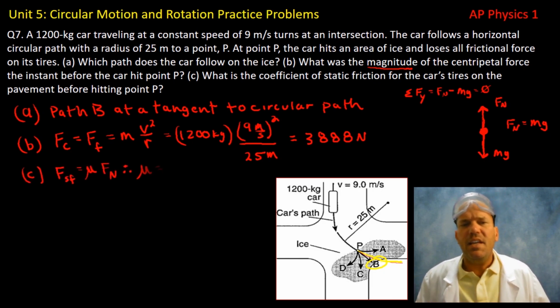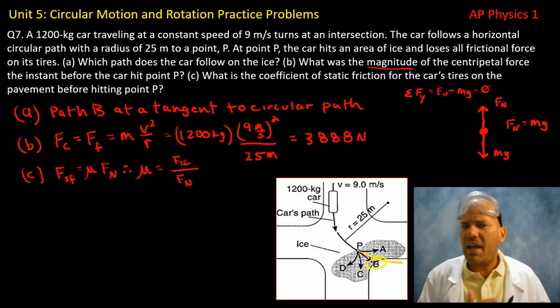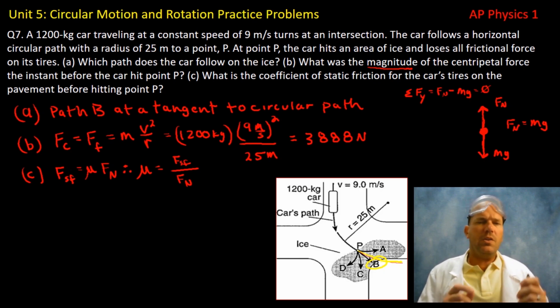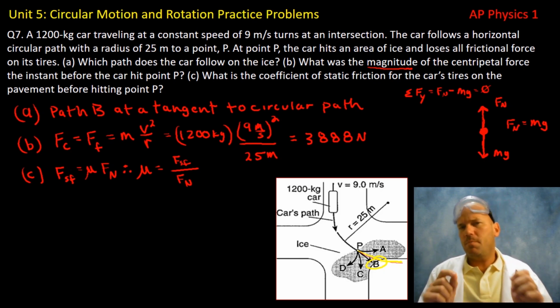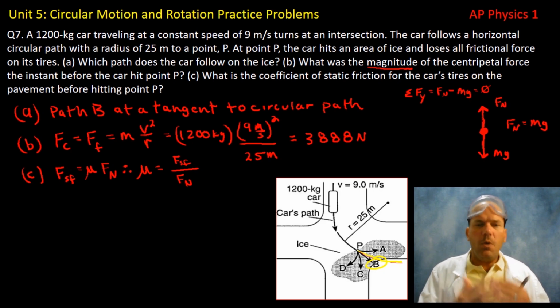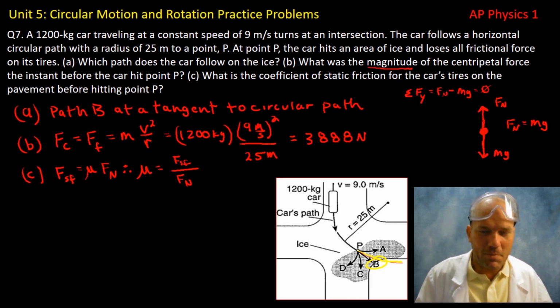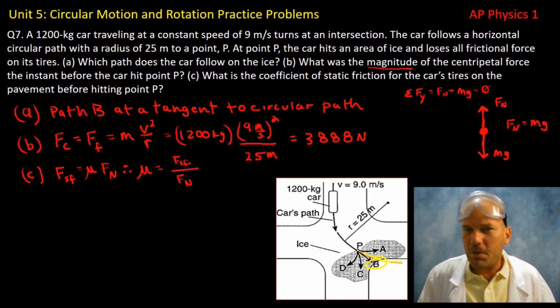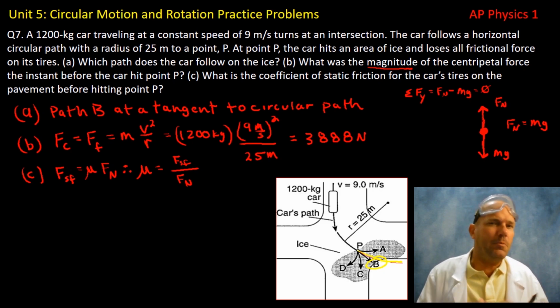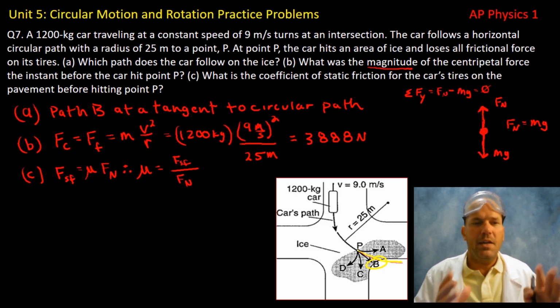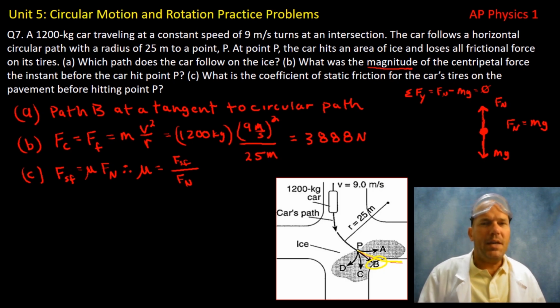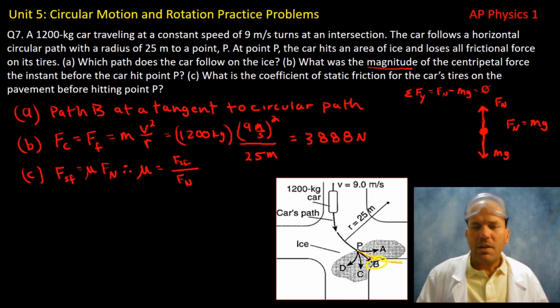Part C, what is the coefficient of static friction for the car's tires, before hitting P? Because we know what happens when the vehicle hits point P. We lose our centripetal force. Friction equals 0, okay? So before P, we're asked about mu, so we're going to be using physics,